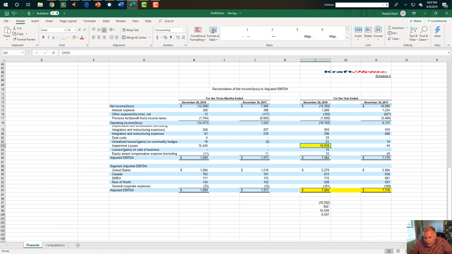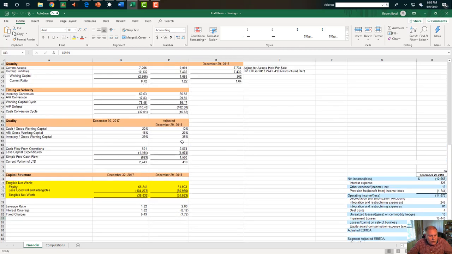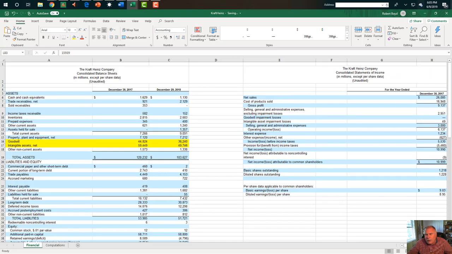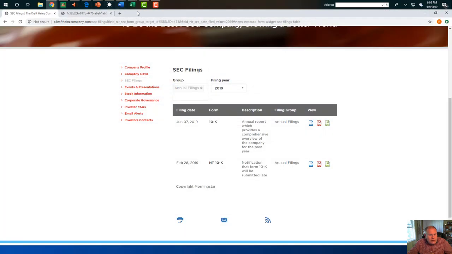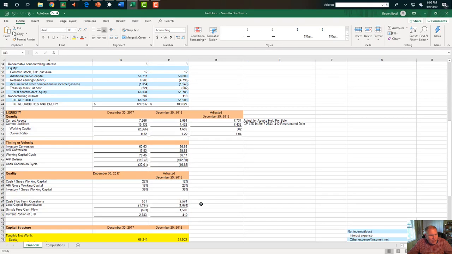So now that we sort of got that, we see the tangible net worth is not good. Okay, so if they had to write off more goodwill and intangibles, they would end up with negative net worth. If you have a loss, your leverage ratio in interest coverage is not there; it's negative. So that sort of gives us a look at Kraft Heinz. Now let's come back over here to the poll. So we can tell from Kraft Heinz,